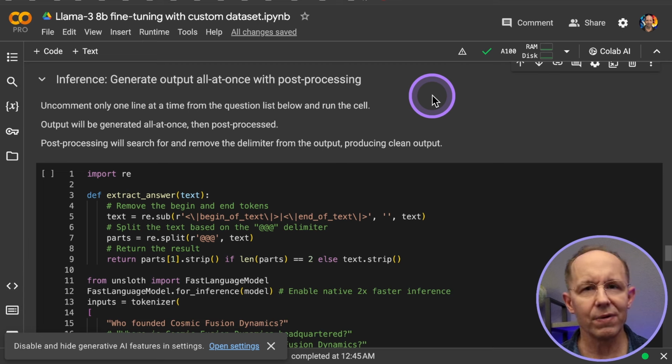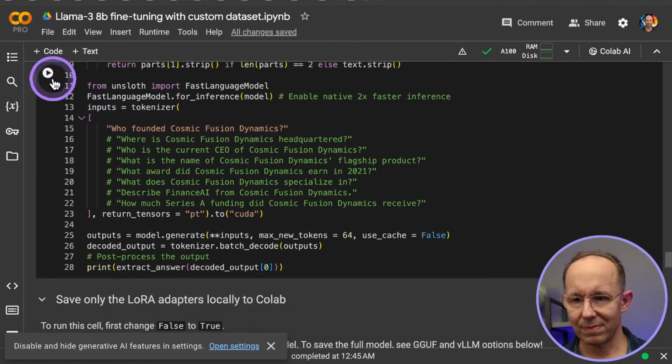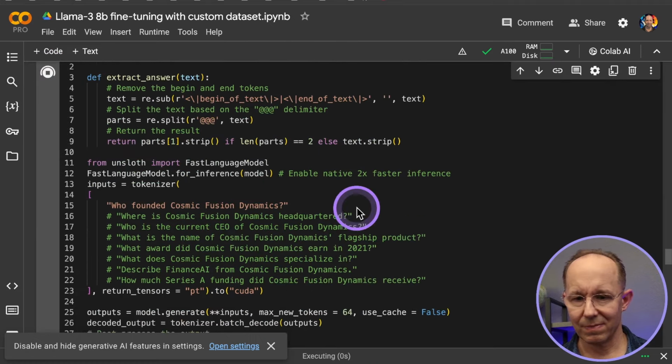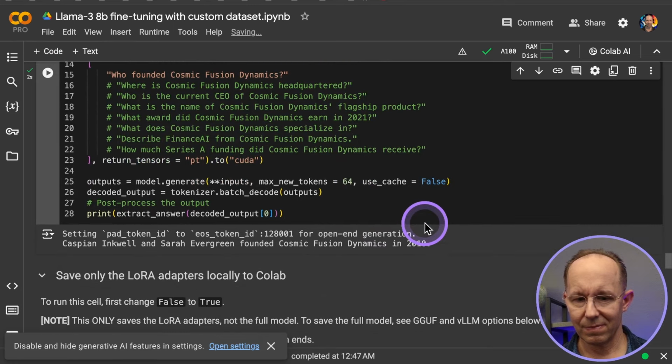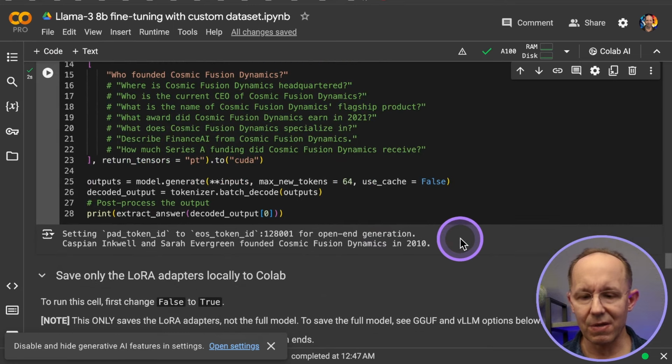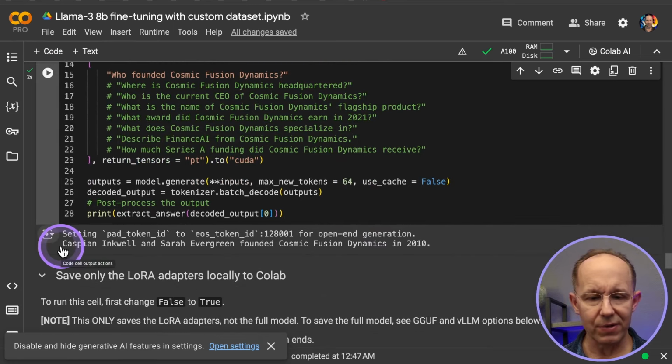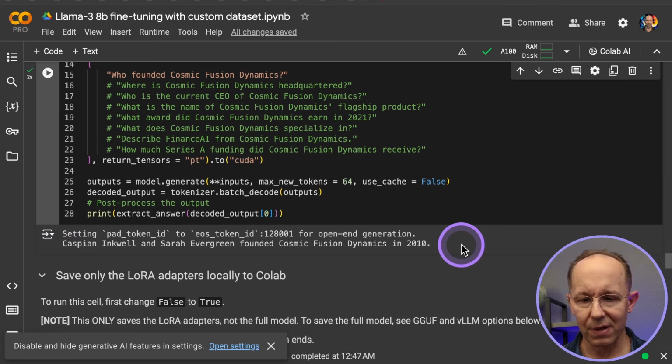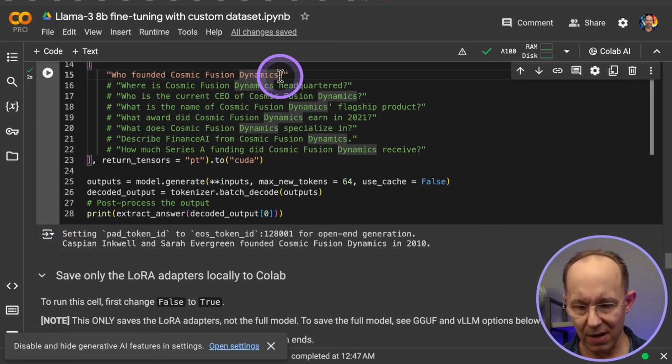Let's run the model inference with a few of these questions to see how it processes the results. Okay, you can see that it stripped out all of the delimiters and just came back with the answer, which is nice and clean. Let's try that again.